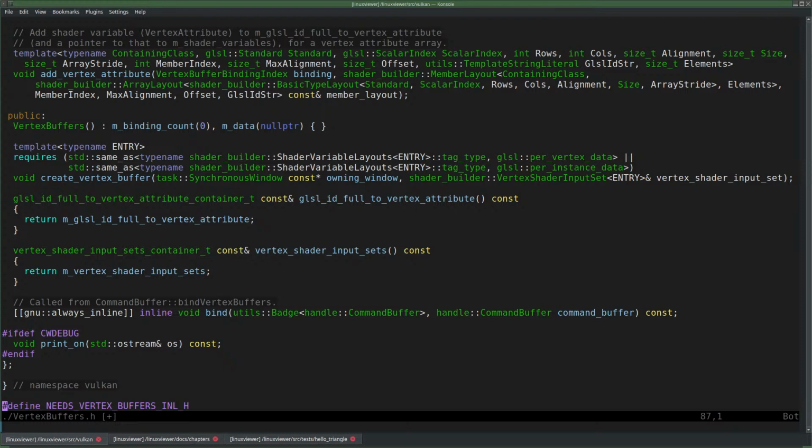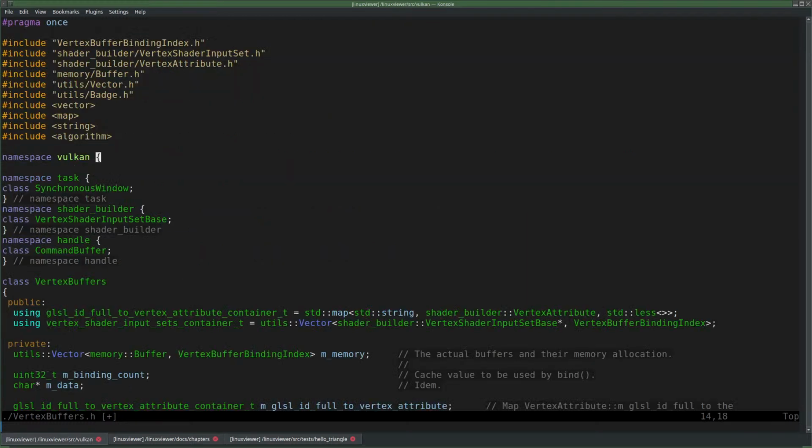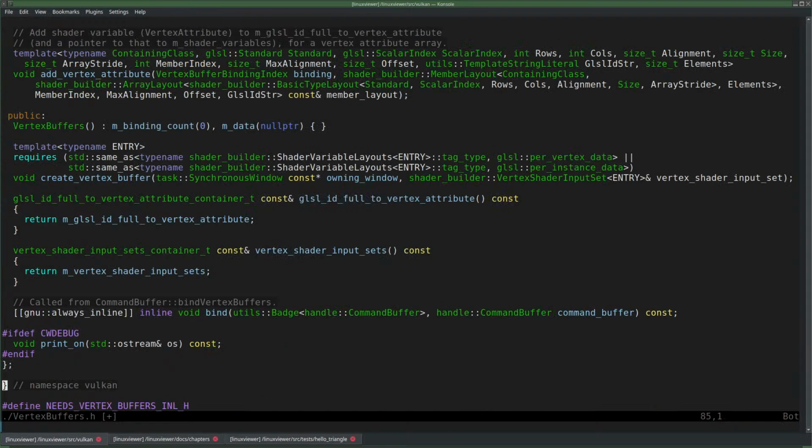I think I should use a prefix, right, to make it not clash with other macros that people might use. Normally I just use CW, but let's use LV for link, sure.